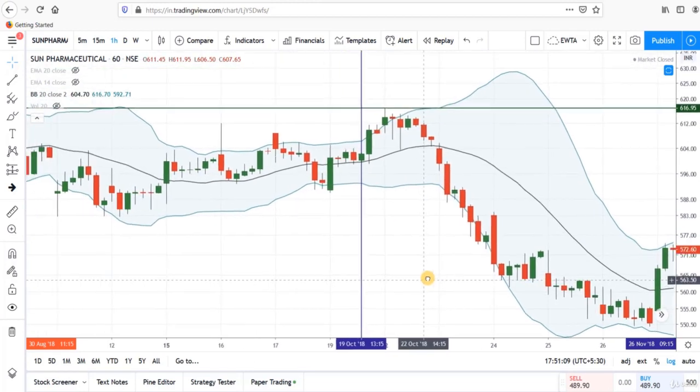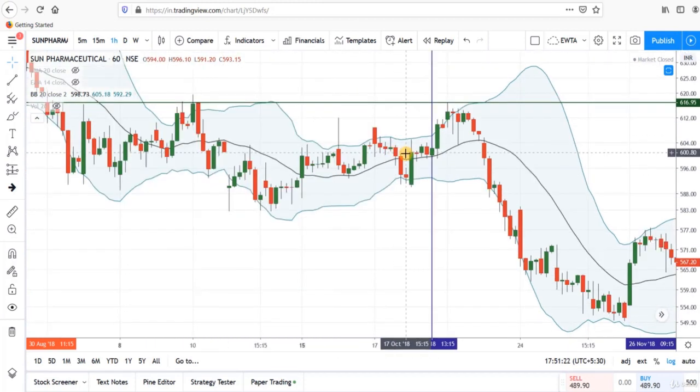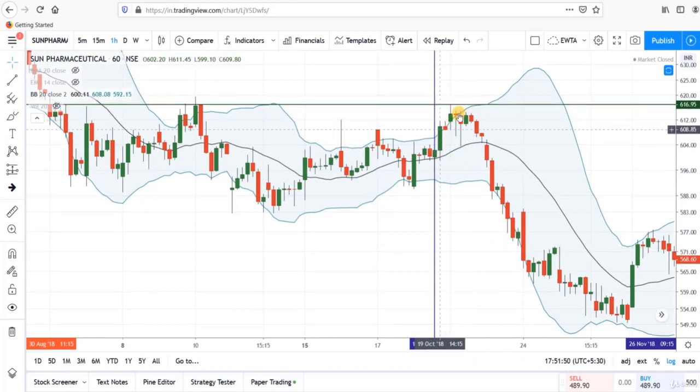See here, this was a range bound market because Bollinger Band is getting narrower and this is a very narrow range. After the contraction, here you can see both the bands are expanding and they are going apart from each other. So prices are trading above 20 EMA. So we can get a signal of uptrend and we can expect that prices will go in upward direction. But you can see after 3 or 4 candles, there is a sharp downfall in the prices. So this was a fake signal,